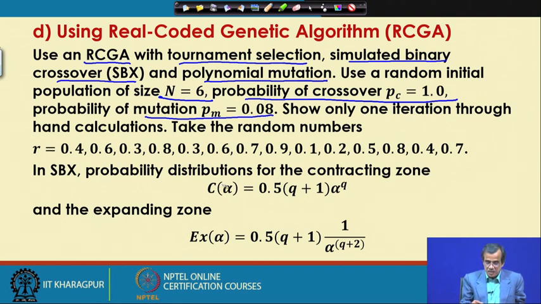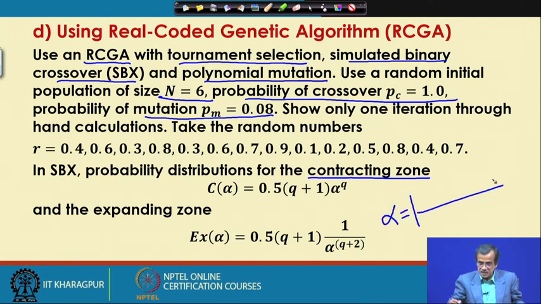For the contracting zone, the probability distribution is given by C(alpha) equals 0.5 multiplied by (q plus 1) multiplied by alpha raised to the power q, and alpha is nothing but the spread factor, defined as the ratio of